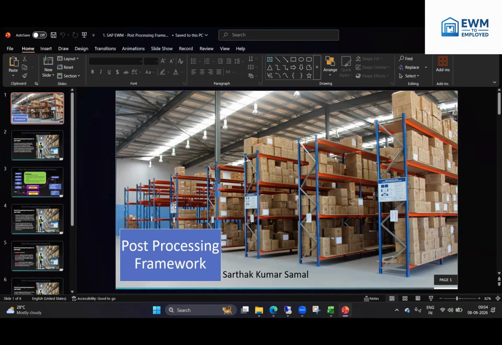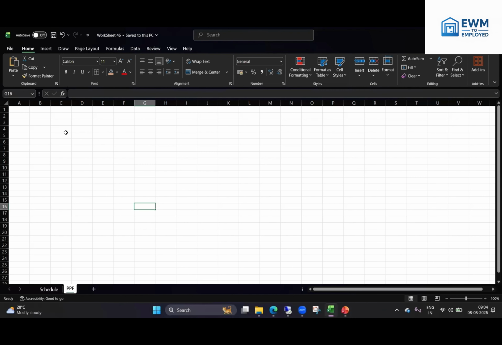Post-processing framework, otherwise known as PPF. Okay. So first of all, let's try to understand why PPF is required. So now, when I say PPF,